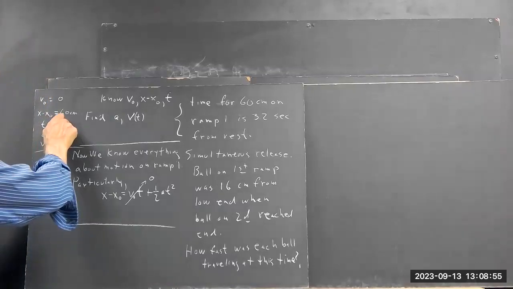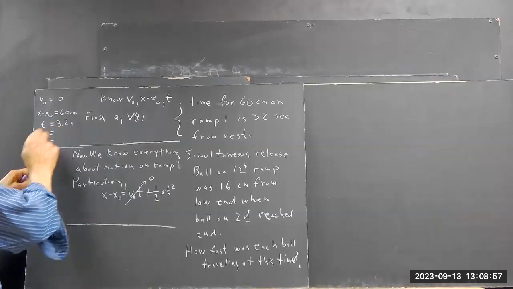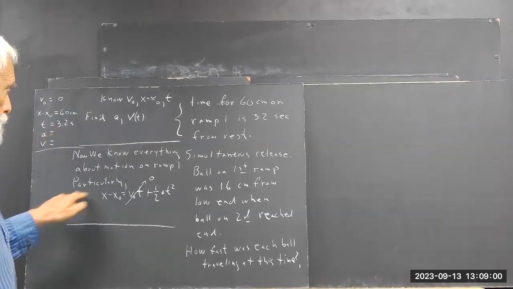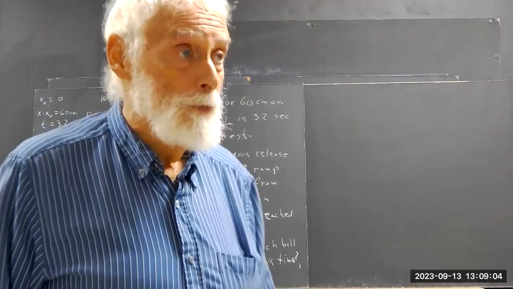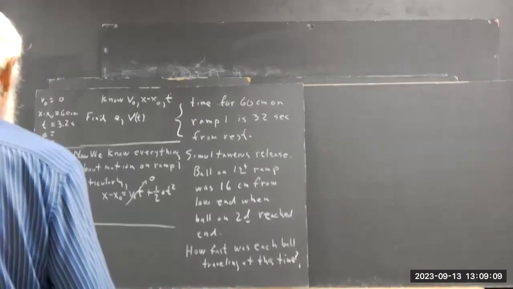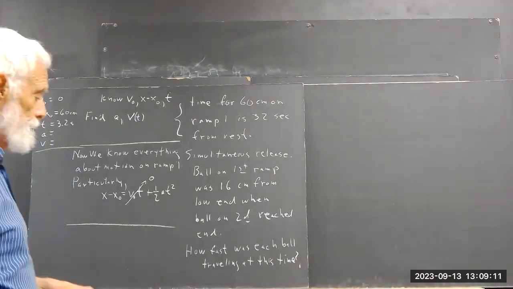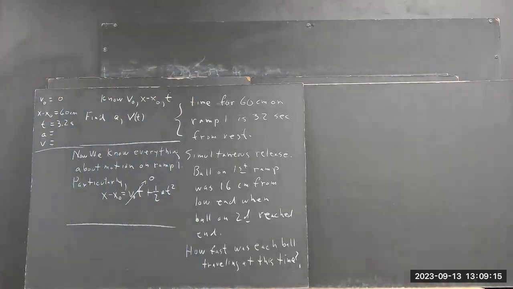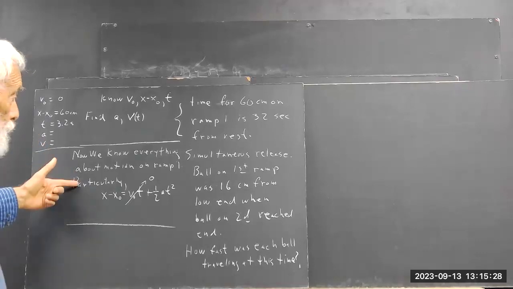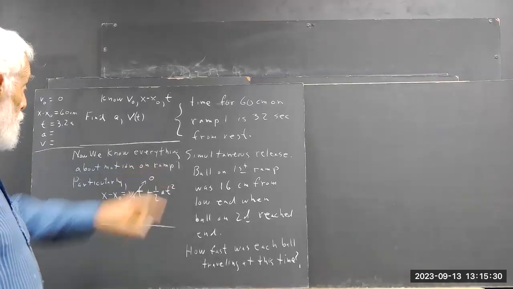Okay, then we have t is 3.2 seconds, and then you have to fill in a and v, and then you can write this equation for the motion on the first ramp. Once you have the equation for the motion on the first ramp, what can you use it to find? Okay, knowing everything about the motion on ramp 1,